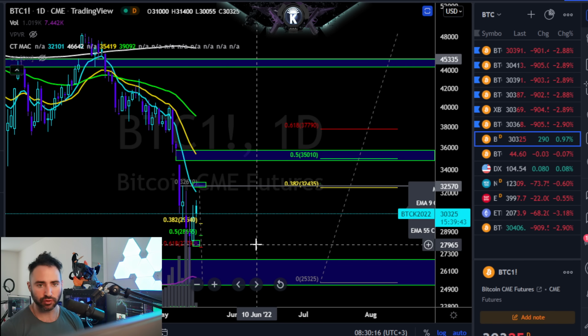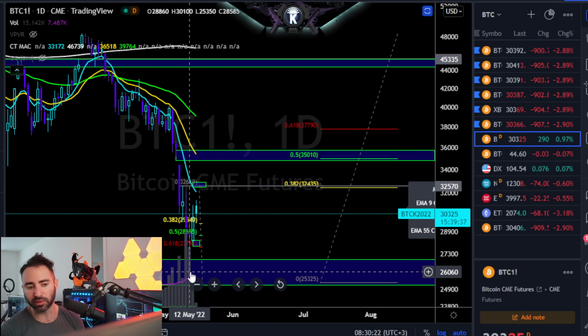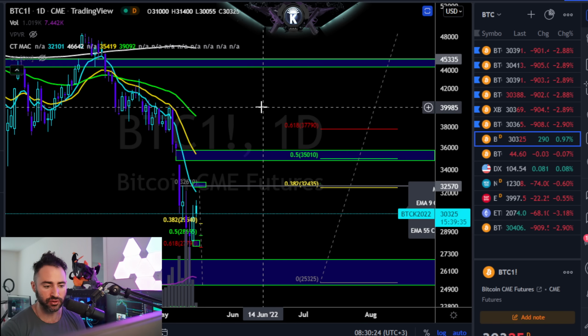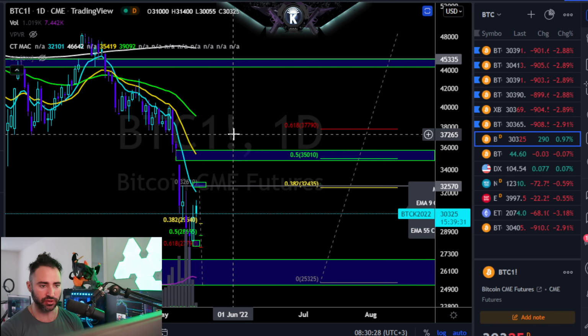Obviously, going below that $28,000 level or so is where I start to really look at Bitcoin as likely to retest our current low, and probably make a new low actually. I don't think that Bitcoin has necessarily put in a low just yet. I think we might be a little bit close, but I'm not seeing what I want to see on